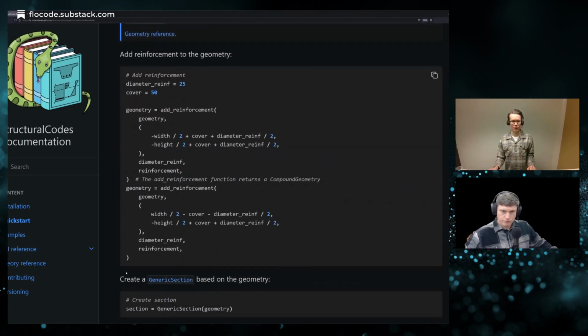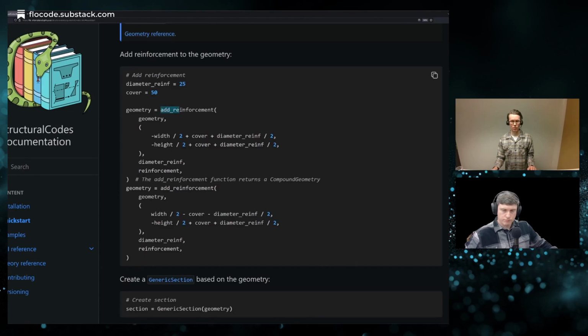In the next block, we add reinforcement to the geometry. So we define reinforcement with diameter 25 millimeters and a cover of 50 millimeters.